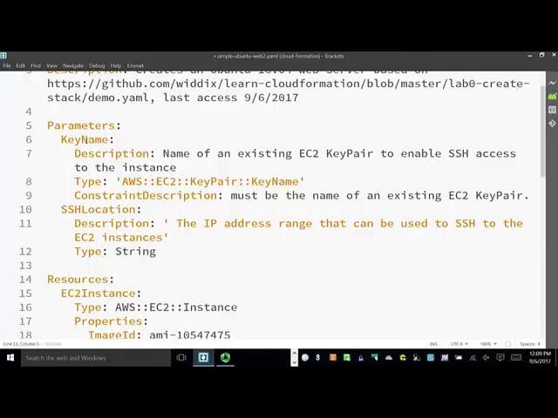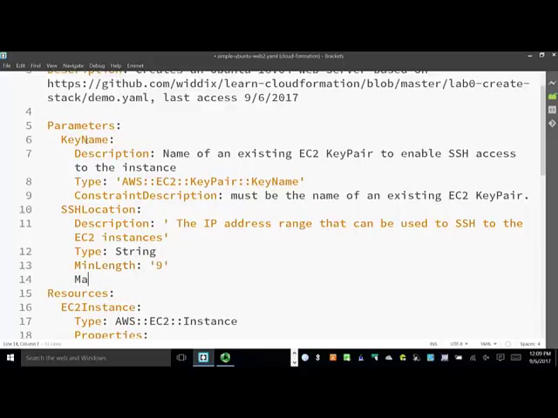It's just a string. It turns out there's nothing actually special for that, but then we can do things like say there's a minimum length, and that's going to be 9, and there's a max length, and that's going to be 18, and the default, which can be